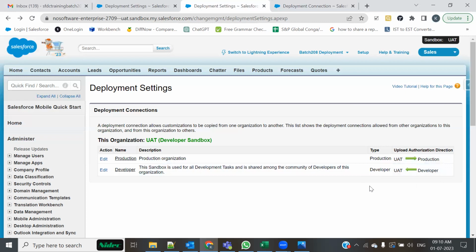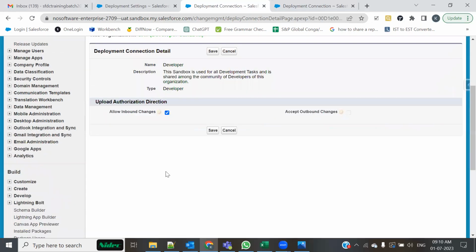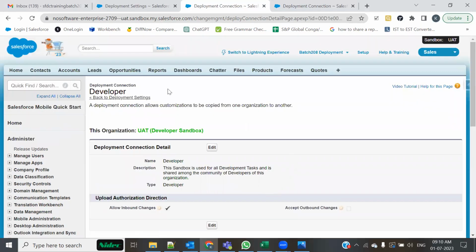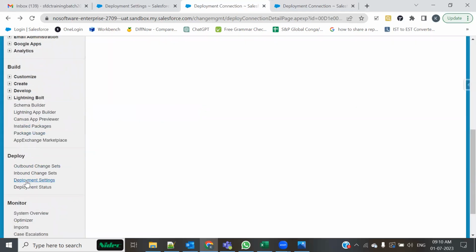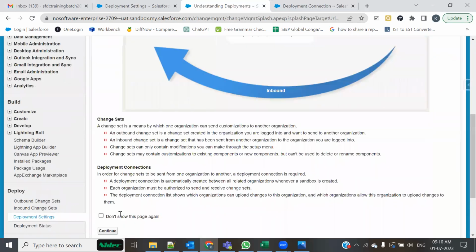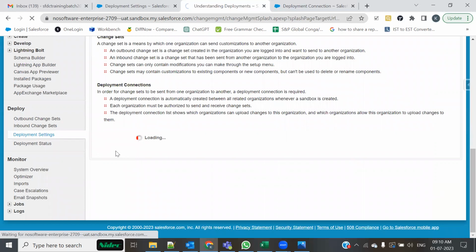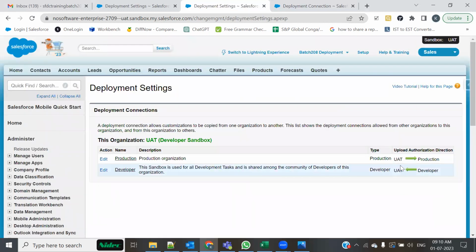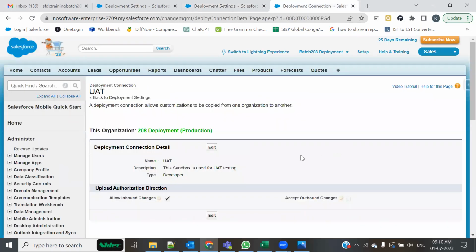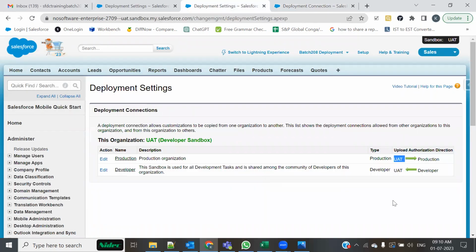तो आपको जिस किसी से रिसीव करवाना होता है, like you understand one thing, मैंने कैसे किया, I first of all have decided that UAT should receive something from developer sandbox, तो मैं UAT पे आया और I go to this edit, UAT पे आने के बाद edit पे गया, इसको क्लिक किया, राइट, बिल्कुल सही। उसके बाद हमने डिसाइड किया कि प्रोडक्शन शुड रिसीव समथिंग from UAT। तो आप हमेशा ना रिसीविंग वाले एनवायरमेंट पे जाते हो, you go to production, प्रोडक्शन में आपने UAT वाली जो लिंक है उसको क्लिक किया और अलाउ इनबाउंड कर दिया इसको। So now you get this, यहाँ से ऐसा बन गया।